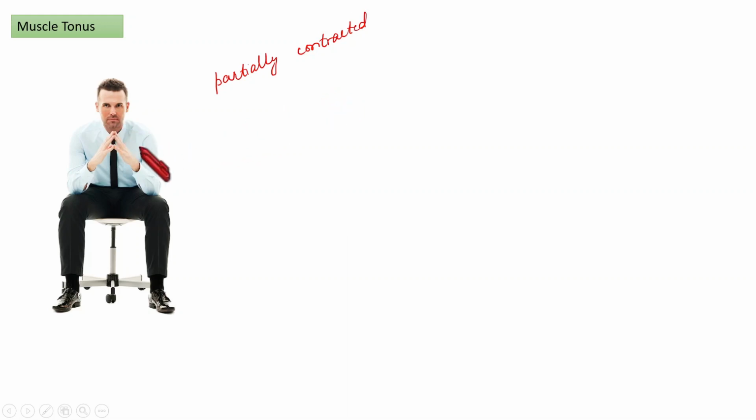Muscle cells in all skeletal muscles of a person maintain his posture at rest. That is important. So, during rest, for maintaining the posture, in all skeletal muscles, a few muscle fibers are in a partially contracted state. That partially contracted state is maintained to achieve the posture. Okay, clear? Then how do a few muscle fibers